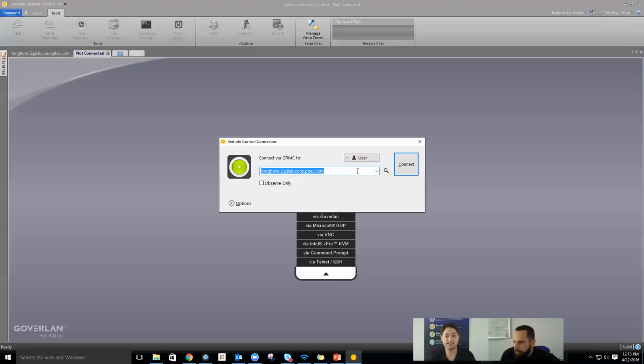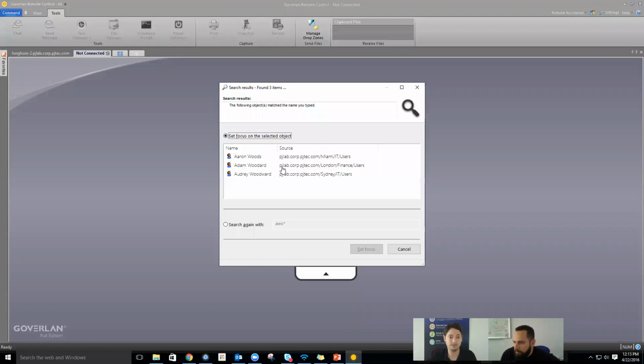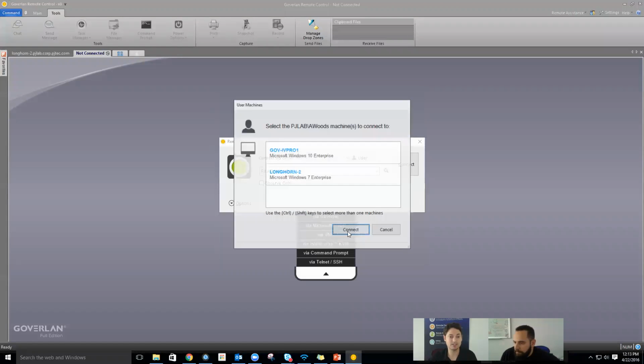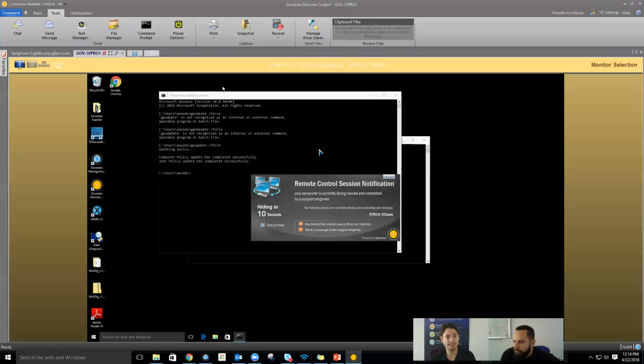Which is, I can detect a user session in real time. So instead of having to know a machine name, I can actually just know a username. So if I'm looking to support this user, Aaron Woods, I can type in a partial username, set focus on that user, and Goverlan's going to query for where this user has active sessions. And this is available to you no matter what protocol you use. And then I can just choose to connect, and then it's going to, again, connect me right into that remote